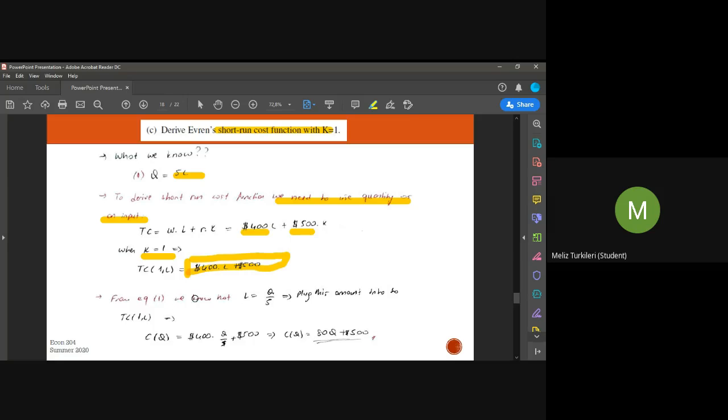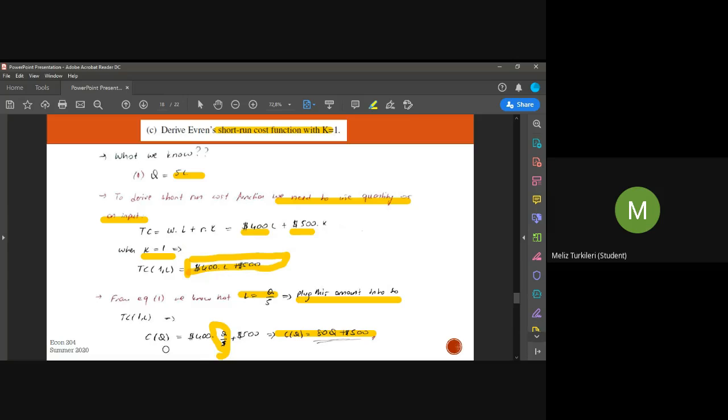And from equation 1, we know that if Q equals 5 times L, then L should be equal to Q divided by 5. If you plug this amount into the total cost function, I just plug Q divided by 5 in place of L, okay, this part. Then I can find that the cost function is equal to 80 times Q plus $500,